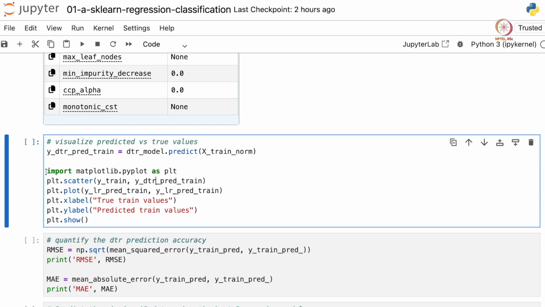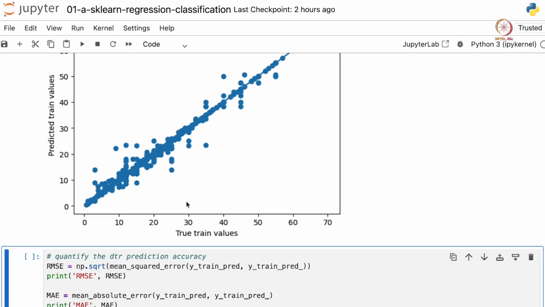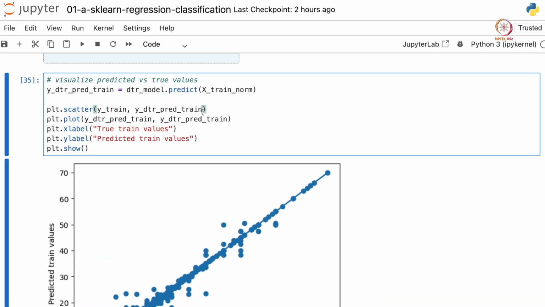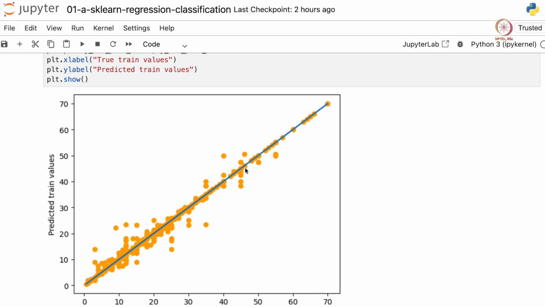We need not import this again because Python already knows that this function has been imported. Again DTR, DTR. And let's run this. Maybe let's change the colors of the scatter and the line plot. So let's say color equal to orange. Let's rerun this. So we see visually the predictions of the decision tree model look much better.